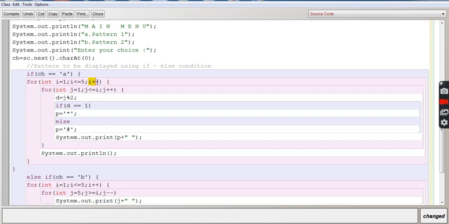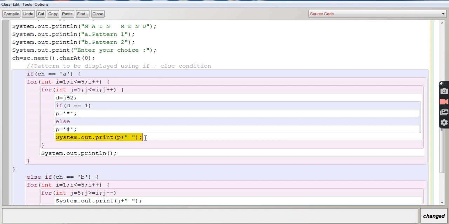So in the outer loop, updating, i will become 2, 2 is less than or equal to 5, true, so it goes to the inner loop, and in the inner loop j starts with 1, 1 is less than or equal to i, which is 2. You can check in the rough column every time so that you don't forget the logic. And d, you will get some value by dividing j by 2. So j is 1 in the beginning, divided by 2, again 2 will go 0 times, 2 into 0, 0, 1 minus 0, 1, so d will get 1. So if d is equal to 1, true, p will be the star symbol, the asterisk.